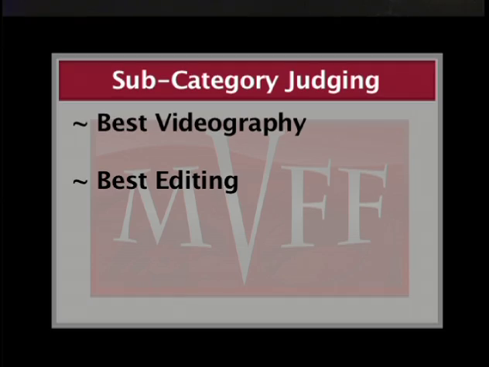The next two parts of the judging form provide grades for the subcategories, Best Editing and Best Videography. For each of these two subcategories, there are 3 points that you can base a grade upon. If you've already judged another category, then the following subcategories are the same throughout, so feel free to skip over the rest of this video and begin judging the student entries.